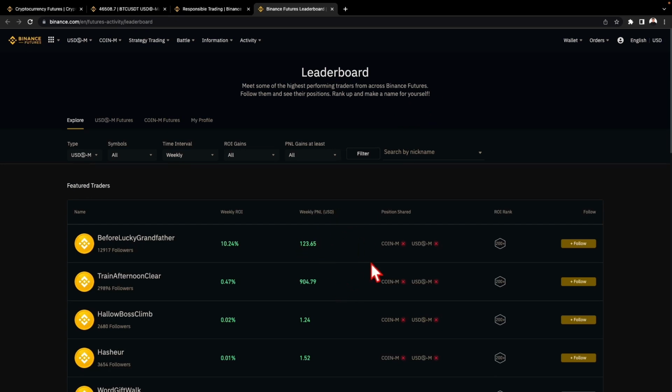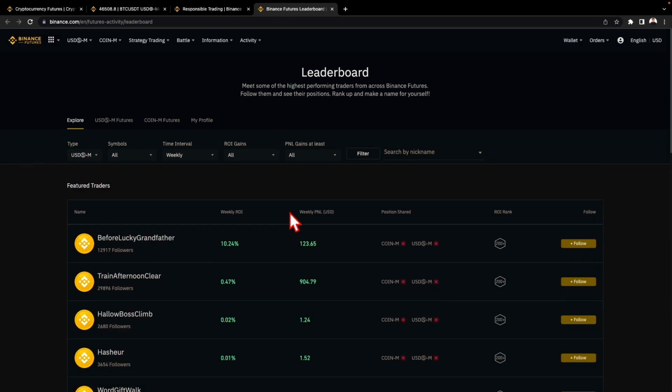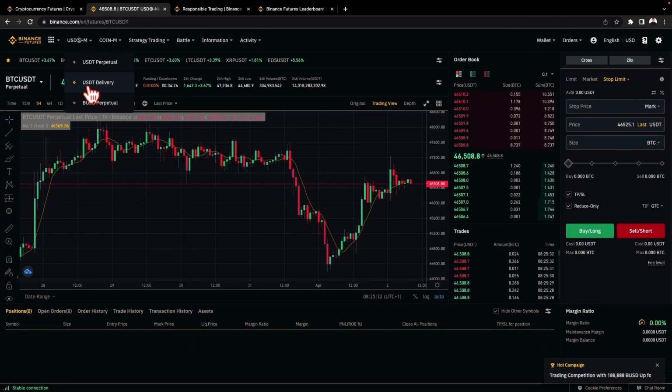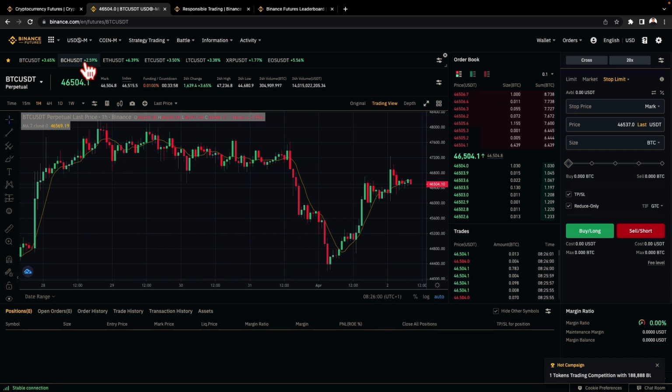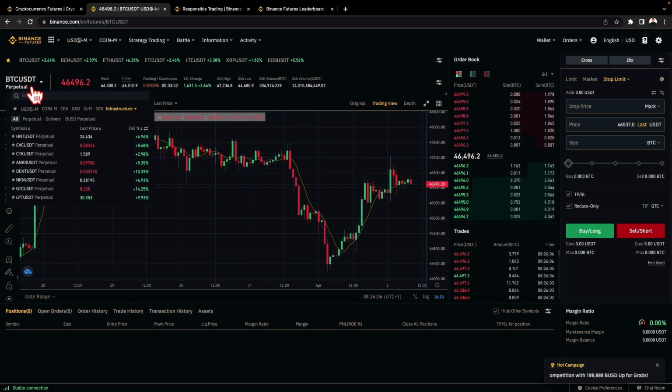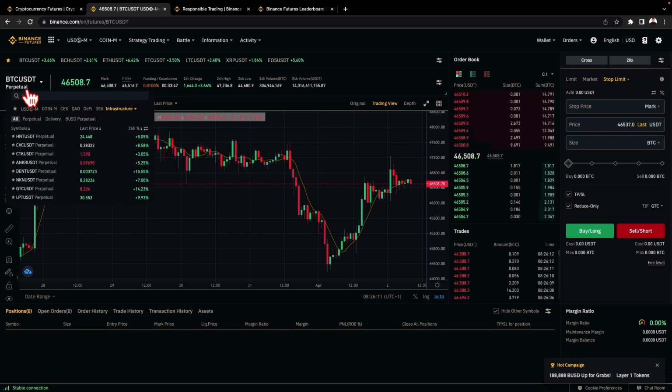So people that are trading margin futures on Binance and the profit they've made, it shows you all of them, which you are seeing here. We'll go through the entire screen and I'll explain to you one after the other how each of them works and ties together. So let's go with USD stable margin futures, which means you are trading cryptocurrencies based on a stable coin. In this case, we have BTC USDT, so Bitcoin versus USD Tether, which is a stable coin. And now you see it's a perpetual contract, which means it keeps going forever.